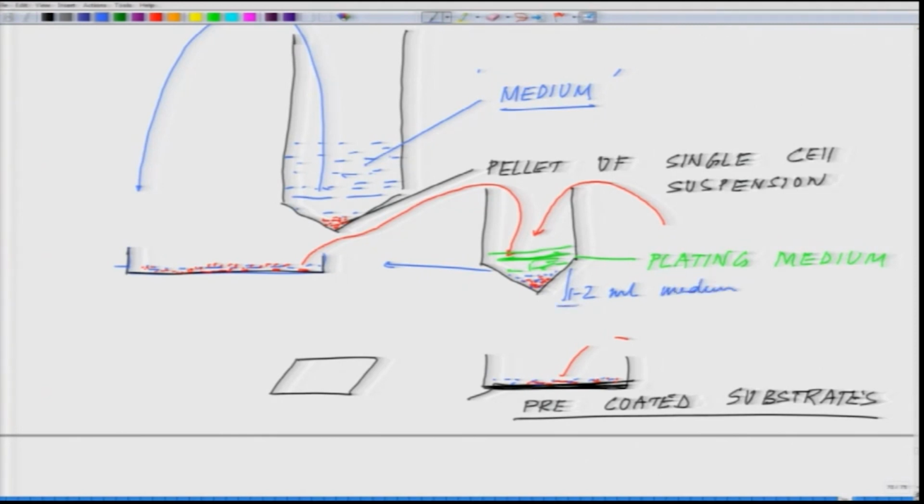If you want to split 2 ml into 6 cover slips, 2 ml means 2000 microliter, you divide 2000 microliter by 6. So, essentially a little more than 300 microliter you are trying to plate in every dish or well